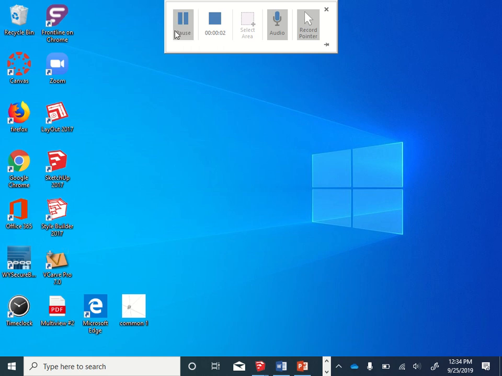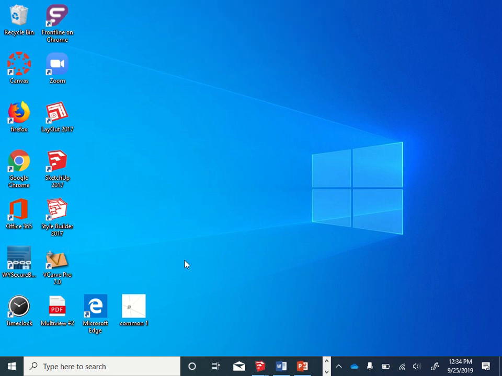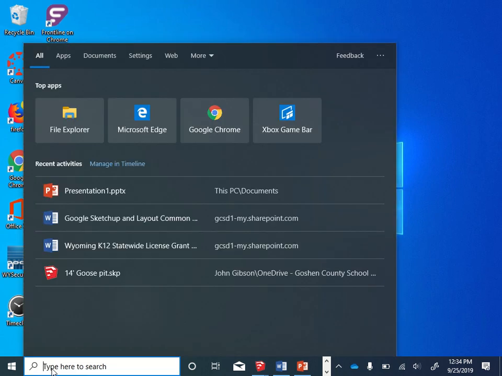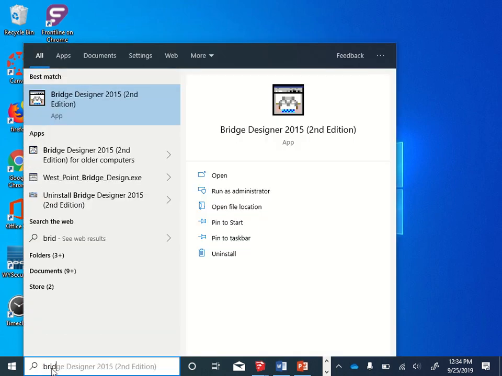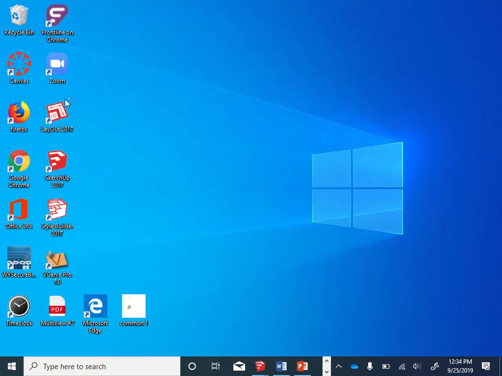Okay, I'm going to take you through how to use Bridge Designer software. To start, you just go down here to the bottom and type Bridge, and it'll give you the application that is installed on the computer. You select the Bridge Designer,